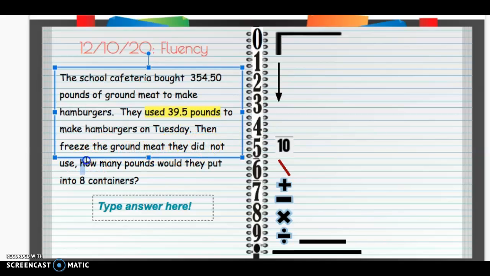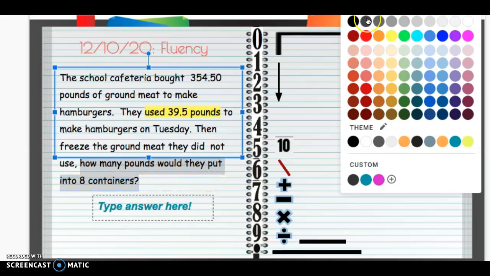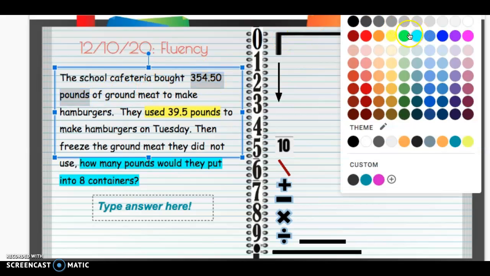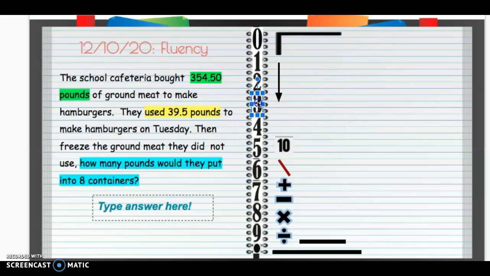We're trying to figure out, our end goal is to figure out how many pounds they would put into 8 containers. So this is a two-step problem. We first need to figure out how much meat for the hamburgers that they are actually freezing. So if they used a certain amount, used tells us that we have to take away. We're taking away 39.5 from the total amount that we were given of the hamburger meat. Okay? So we're first going to subtract